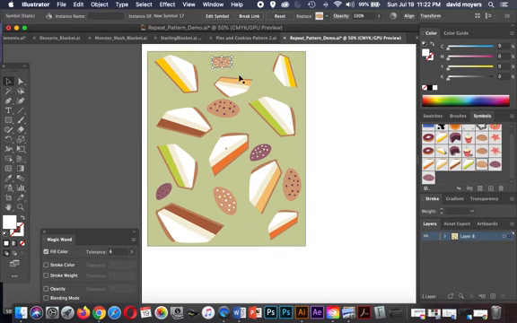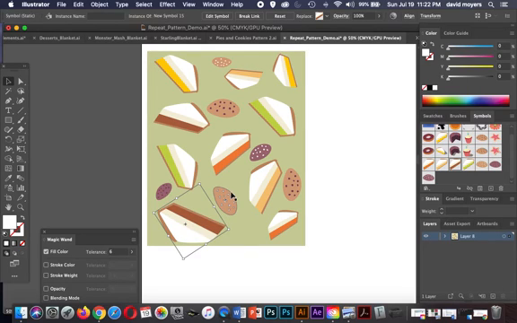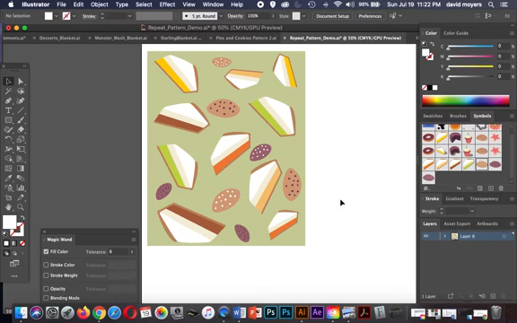Let me make it just a little bit larger. All right, we're just spacing everything out because we're looking at the positive and negative space, okay? And I think we're just about ready here. I'm going to copy this cookie here, and we'll flip it another direction, and we might take this cookie here and just kind of do like this. So once we get enough of this, and we want enough variation here,